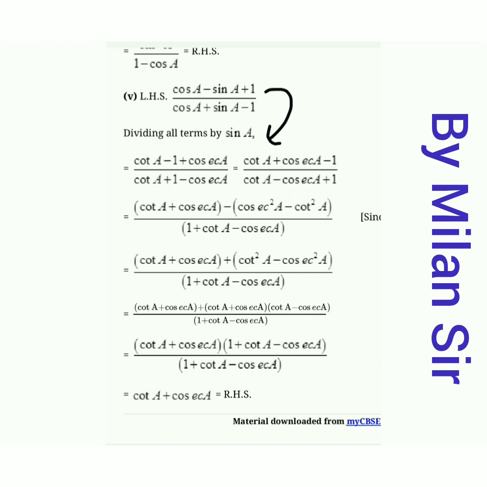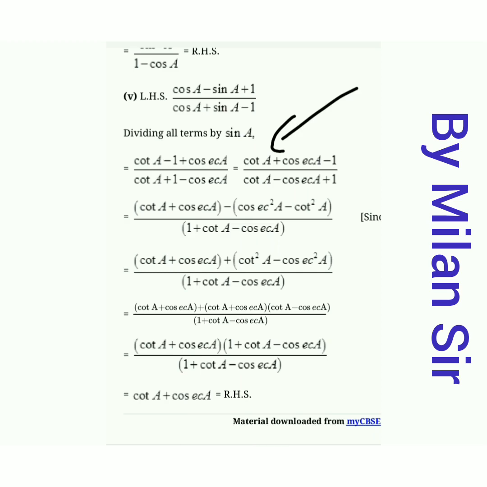So how can we convert it? We note one thing, that cot and cosec both have sin A in the denominator. So just divide the numerator and denominator by sin A. We can divide our numerator by sin A and denominator by sin A, and then we can give separate division, meaning we can divide every term by sin A. So I have directly written here, dividing all terms by sin A.